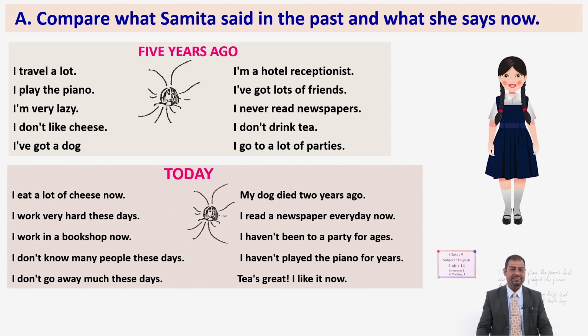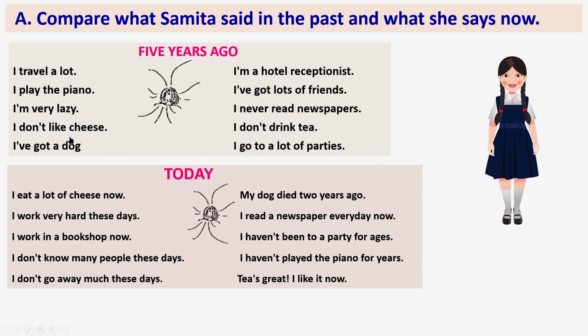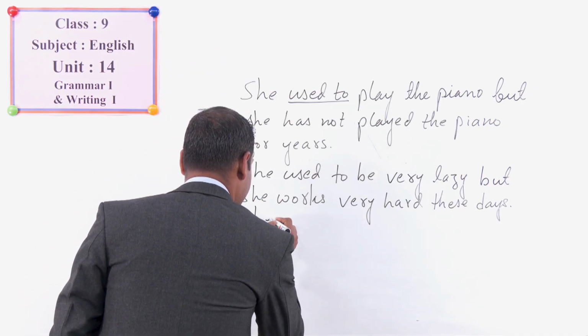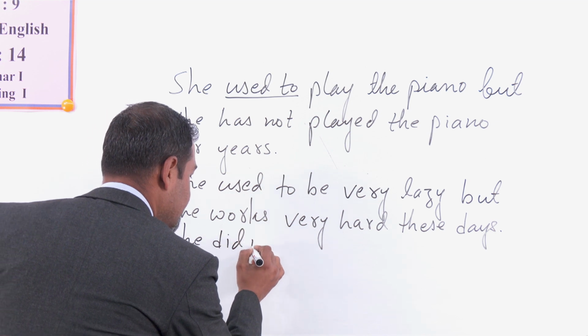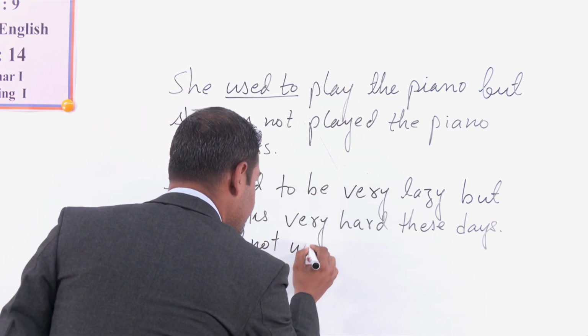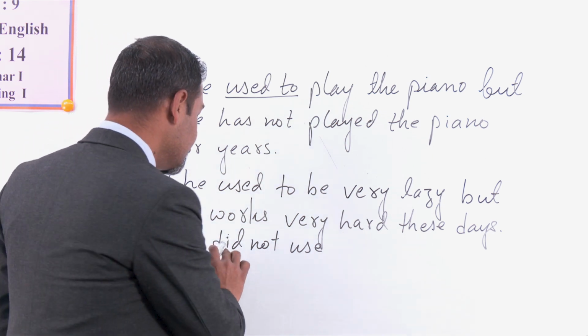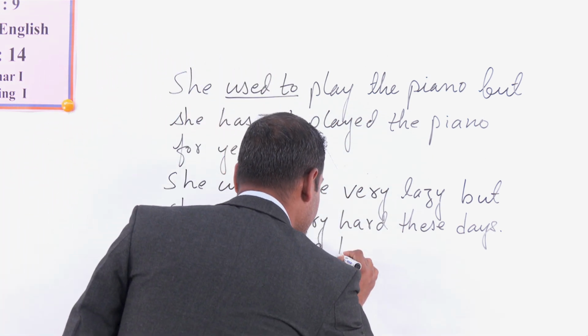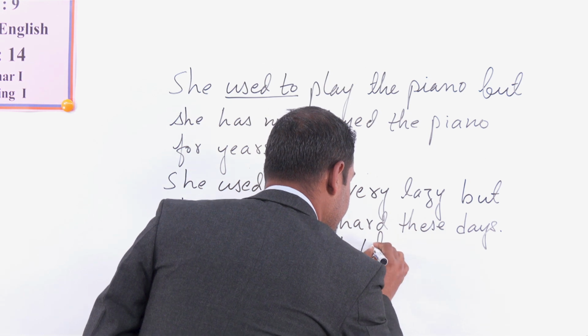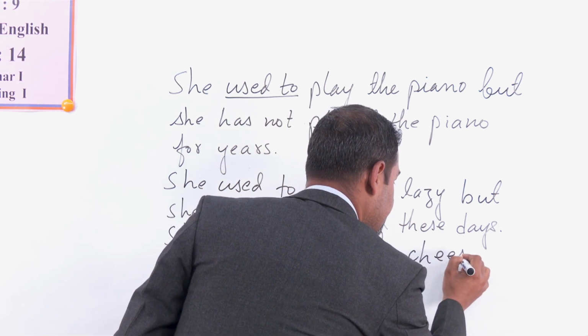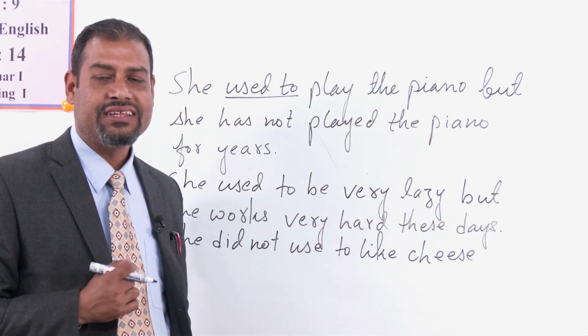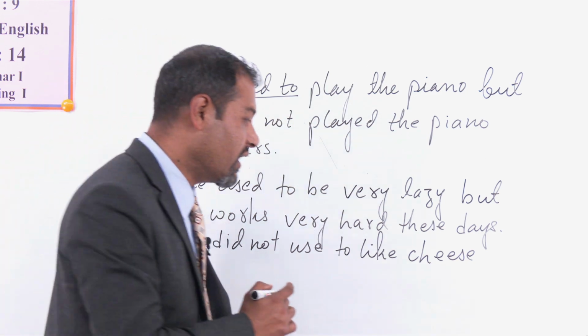Yes, you are right. Now it becomes, she did not used to like. Now let me write it down, okay? She did not, D-I-D, did not use. Then what do I have to write down? Yes, like cheese. She did not used to like cheese. C-H-E-E-S-E, cheese. Okay, then what? Yes, but,